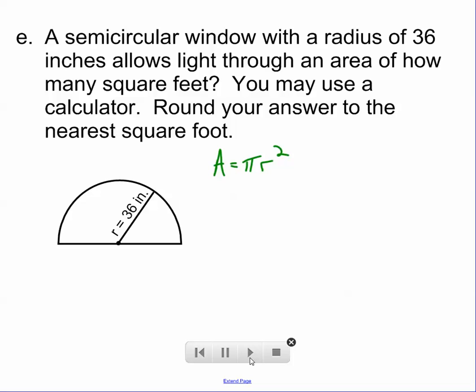But we'll start here anyway. We're going to divide it by 2 because it's a half circle. Okay, so we can do that. So we're going to use pi times 36 squared over 2, which is